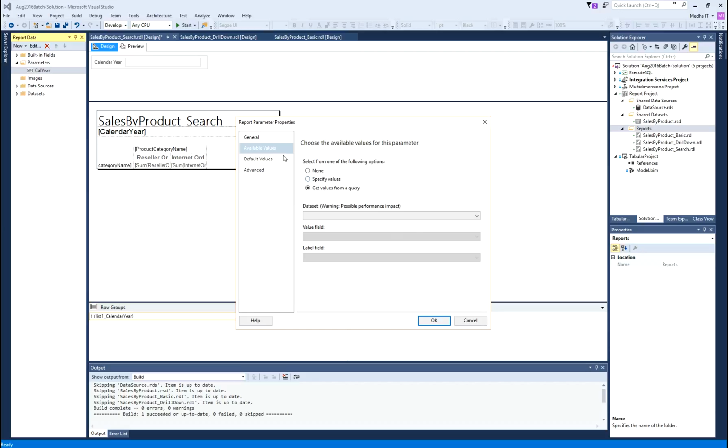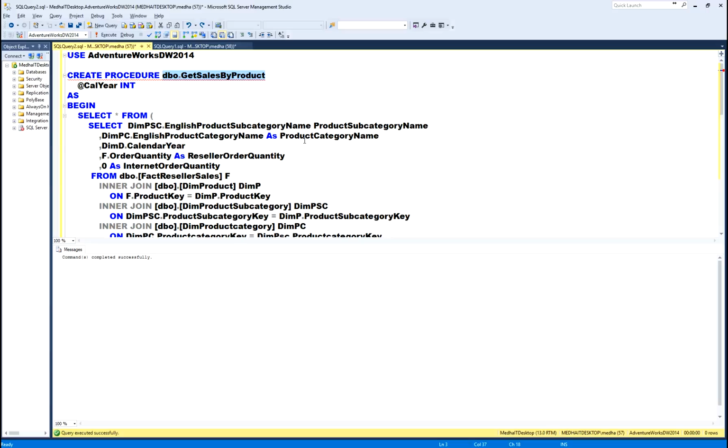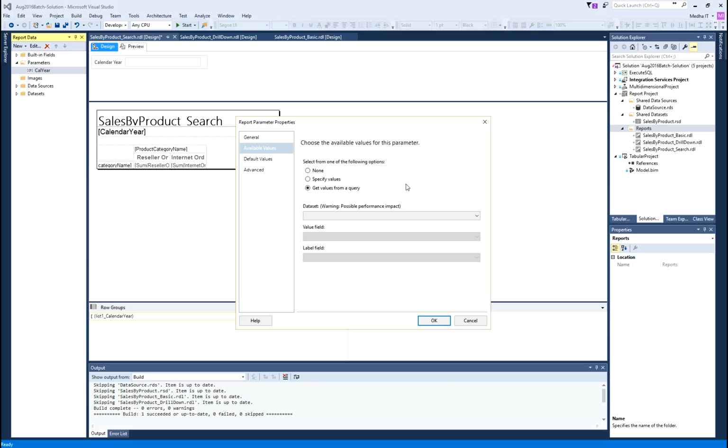When you are specifying a query for this, maybe you will be running some report or some query that returns a year number, and you will use that year number as a value to this parameter. And when you do that, that particular value will be passed as a parameter to the stored procedure that we created, and the data will be filtered by that year. Okay. So, that is values to this parameter.